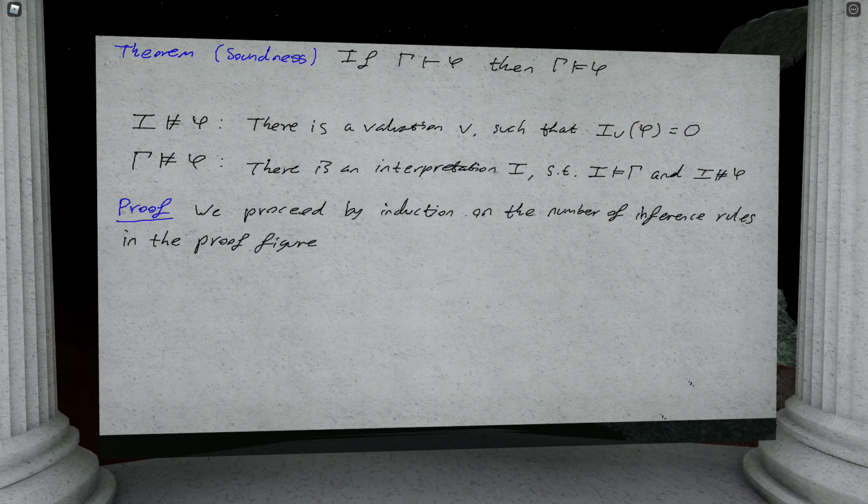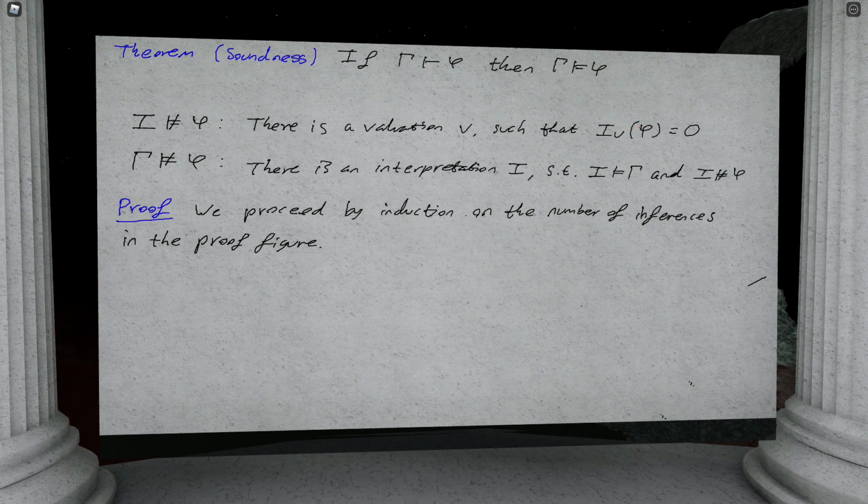Maybe I'll just say inferences instead. So I mean the individual inferences used. What I mean is, it's not really sensible to say the proof figure, because in the premise we're saying if gamma proves phi, then gamma entails phi. The if gamma proves phi, I don't have a proof figure there, and there could be multiple such proof figures. So to clarify,